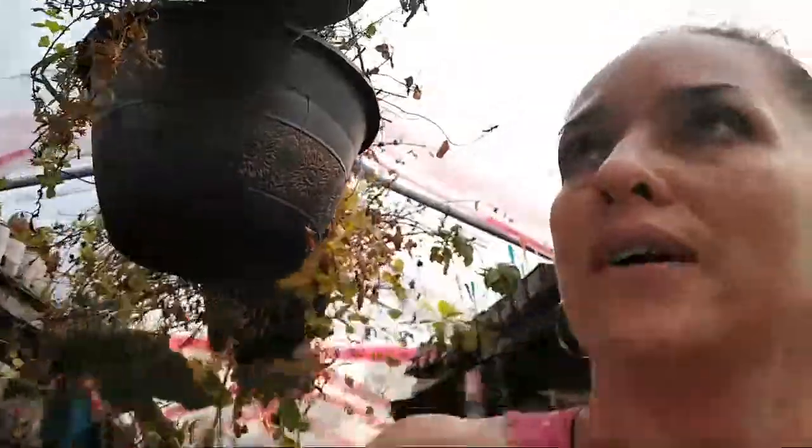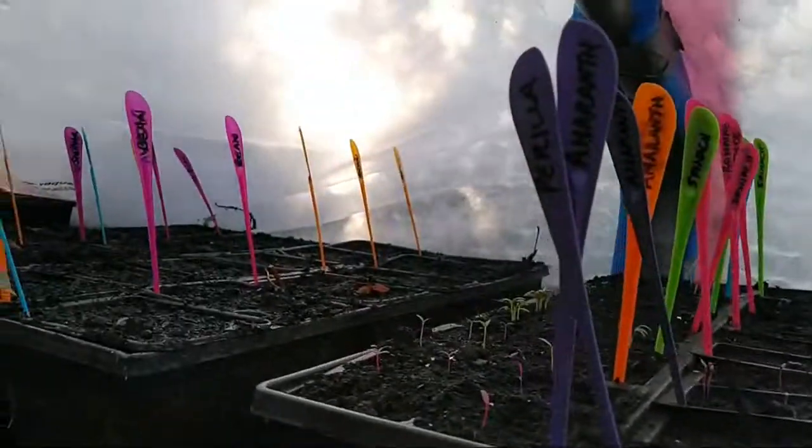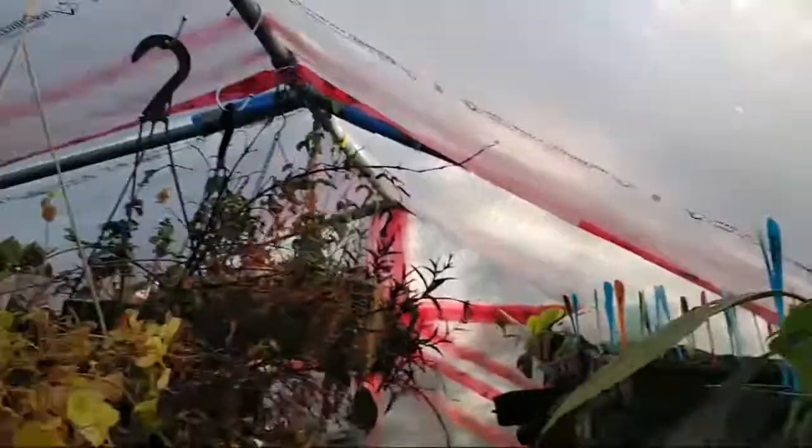All right, so just show you what I've got going on. I've got my new seedling trays on the top. They're all nice and labeled. I've got my mix all in here this year, so they're on the bottom shelves. But my seedlings have to get that sun and that heat. They're all up here, and everything's starting to sprout. I don't know if you can see everything. I've got